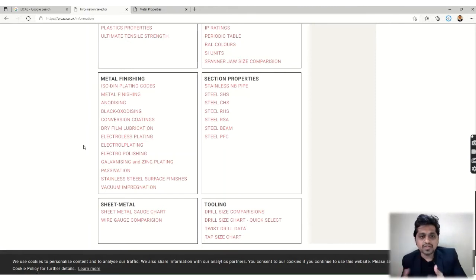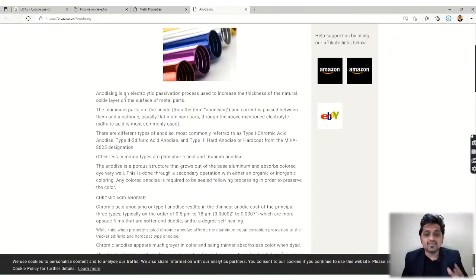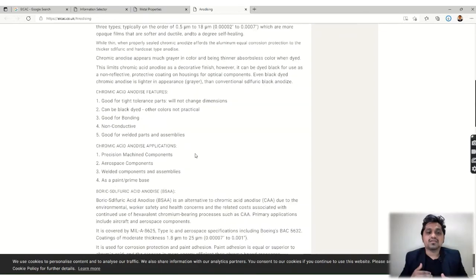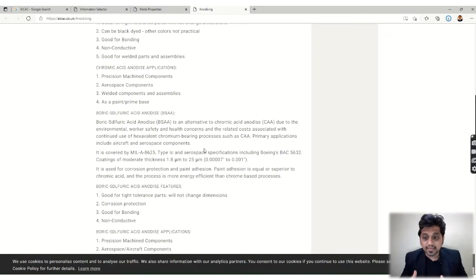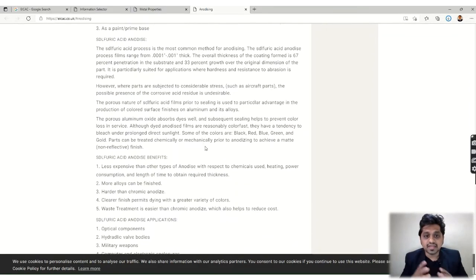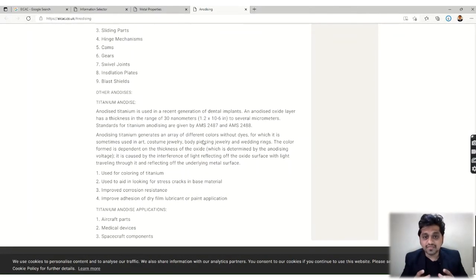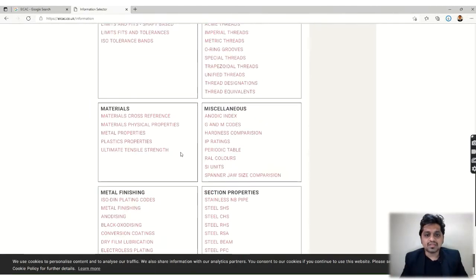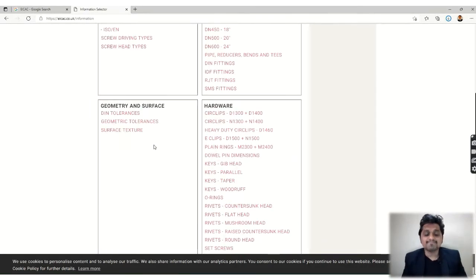If you don't know about it, don't worry, go into the site, and let's say you want to know about anodizing, just click on it and you could see the information about the anodizing process, how it is applied, to which materials it is applied, and how much thickness we can get with this process. So all this information you can get easily. This is the advantage of this site, you don't have to wander here and there, you can get all this information at one site.